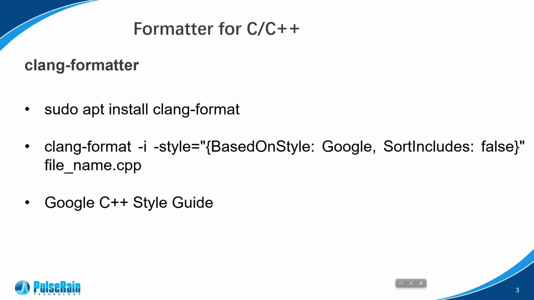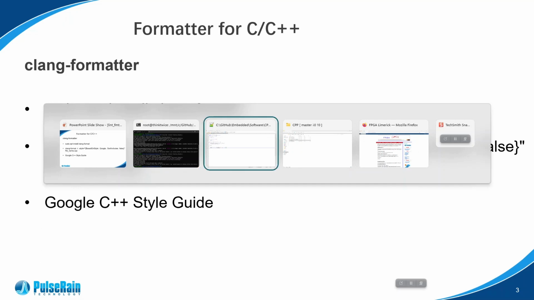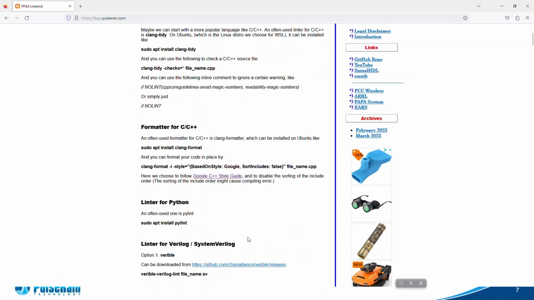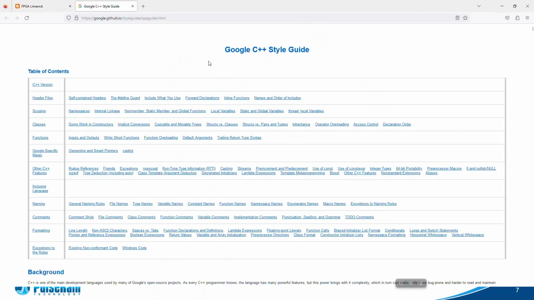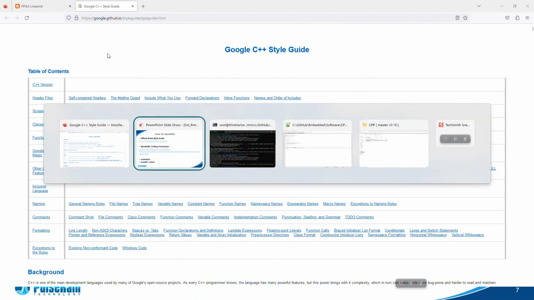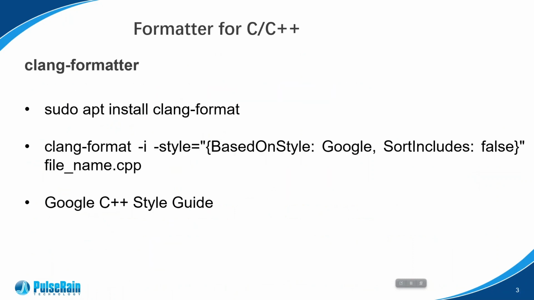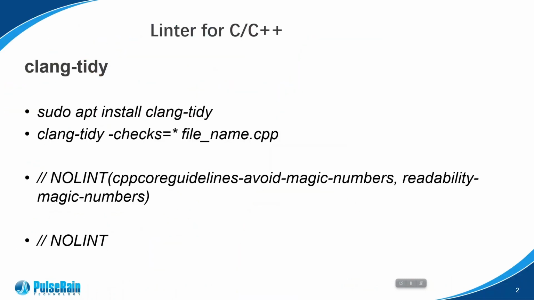And for the coding style, by default I set Google. Google has its own C++ coding style, and I think you can find it here. You can take a look at this for all the details. It's a popular one for C++. Okay, that's all for the C++